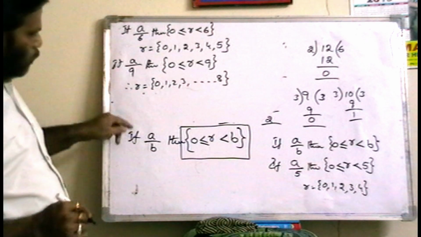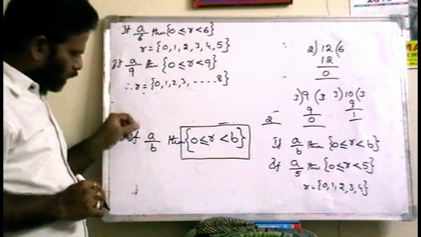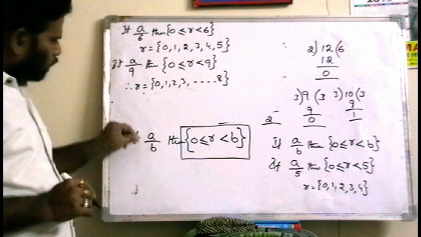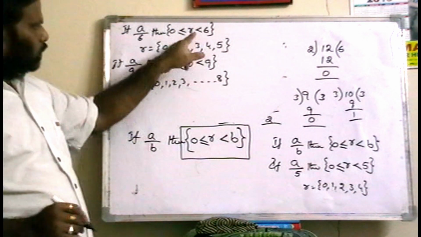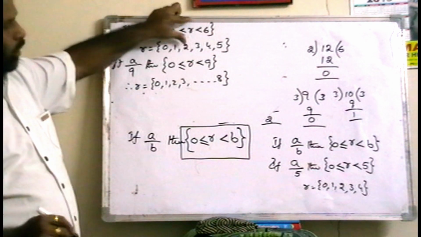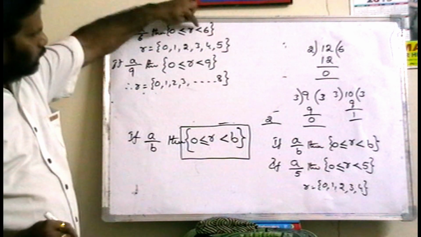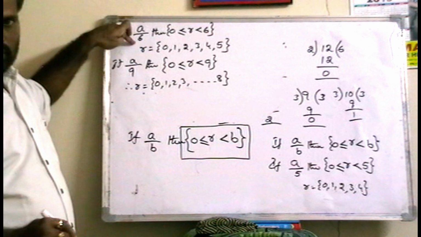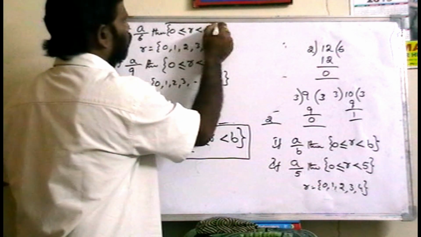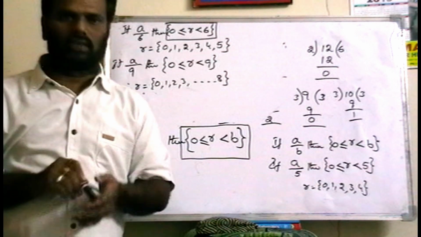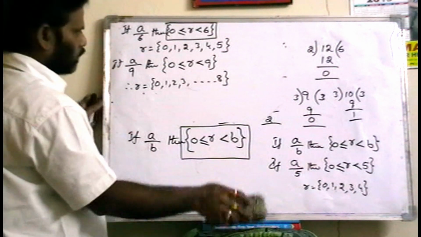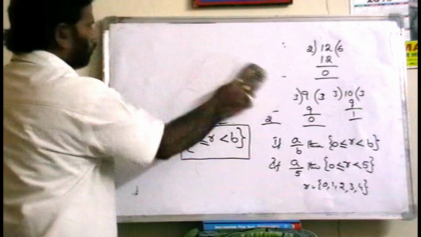So finally, if any positive integer is divided by some other positive integer, then the remainder depends on how much? More than or equal to 0 and less than the divisor. It's a very important point. Remainder is always more than or equal to 0, less than the divisor. Right? Now,